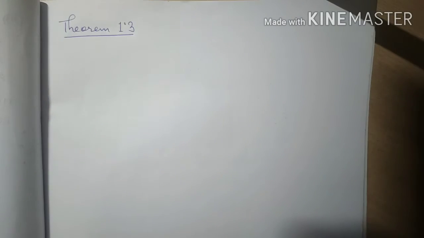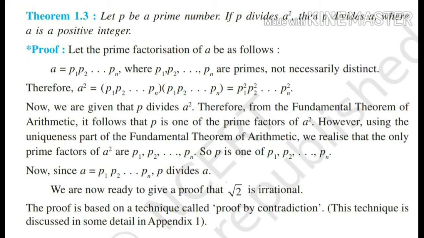Hello everyone. So now we'll start exercise 1.3. Before that, there is a theorem 1.3. If p is a prime number and p divides a square, then it is obvious that p will divide a also,